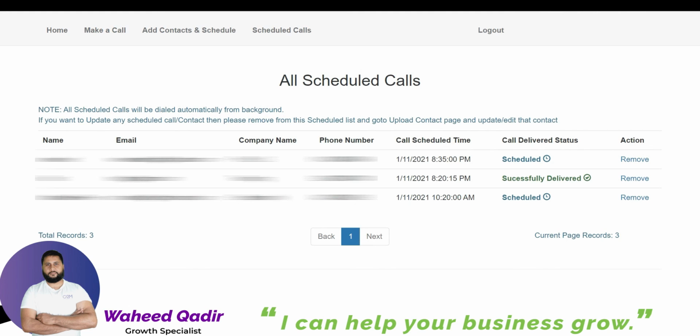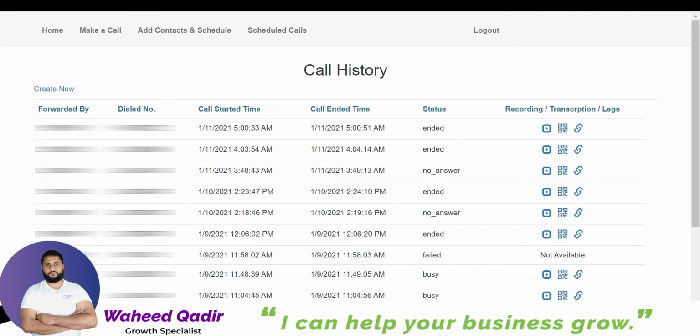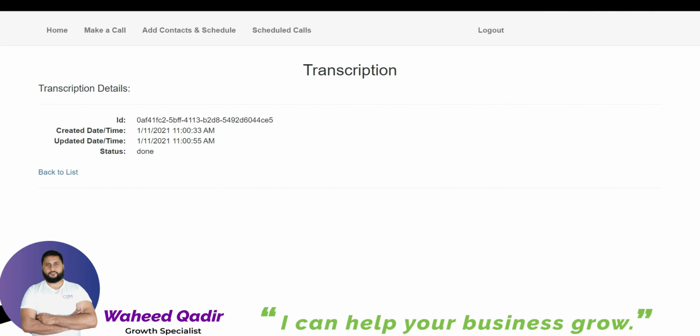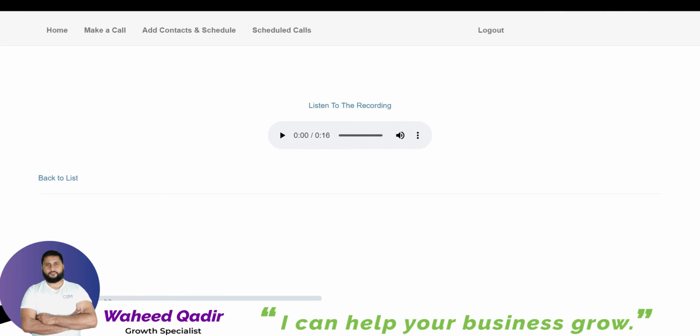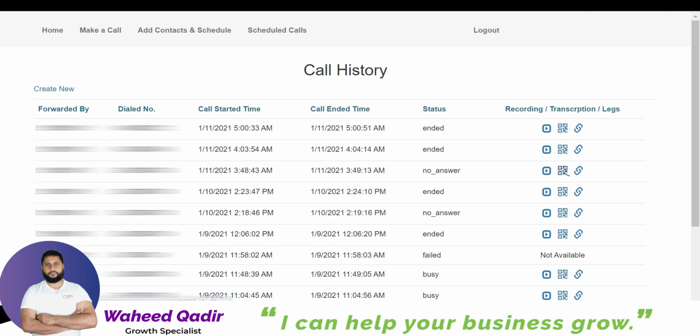Once it's delivered and the feedback is done, it comes here with every number, and it gives you the audio and the transcript of the call. If you look at the transcript, it is not there because the call hasn't defined anything yet, so there is no transcript for this specific call.